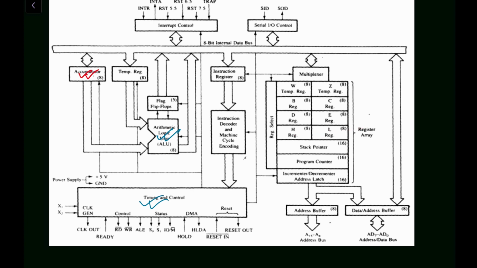So these are the general purpose registers. We have completed the accumulator and the general purpose registers. Okay, we have stack pointer, program counter. We will see them now one by one. So we have so many registers. We have temp register also, instruction register also. Let me explain you one by one.